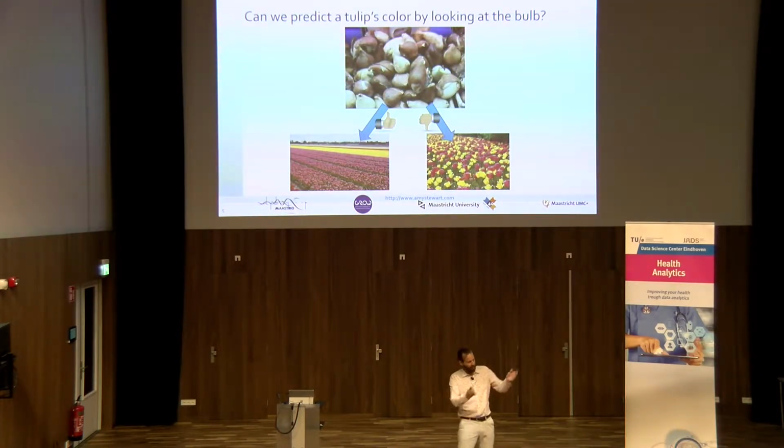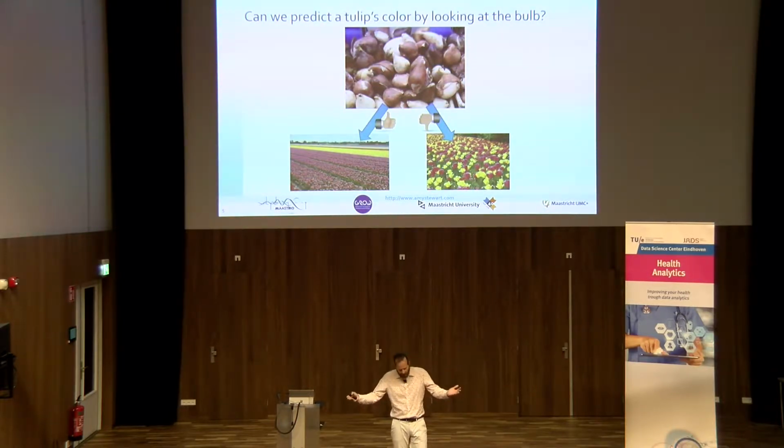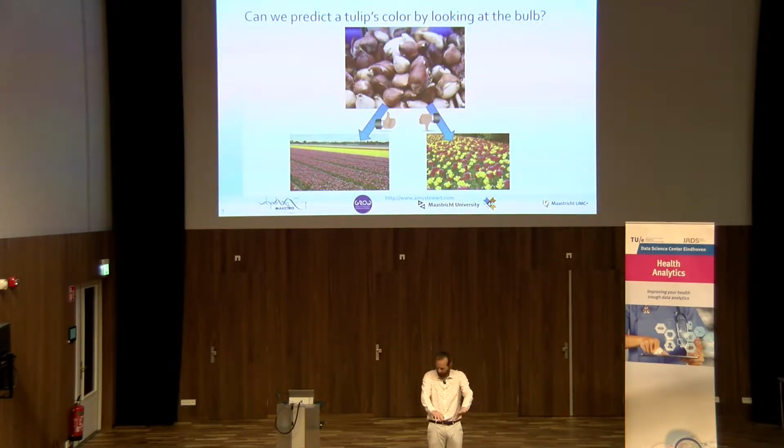You want your field to have pink and yellows, because then you can harvest those flowers and you can sell them to the Albert Heijn. Yeah? And you don't want them to look like this, because then it's a mess. So you have those 2 crates, and you hire a student to work with you in the summer, and the student doesn't know how to operate the truck, and the student drops the 2 crates. And now your tulip bulbs are on your land, they're spread around, and you have this problem now, right? Because you want your field to look like this, but they're all thrown through each other.